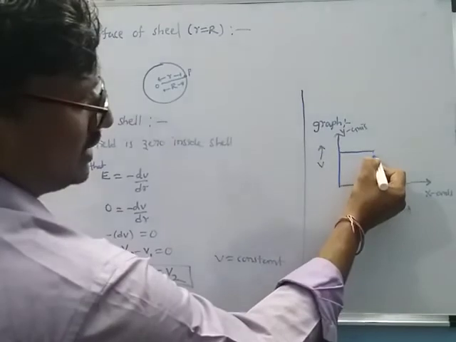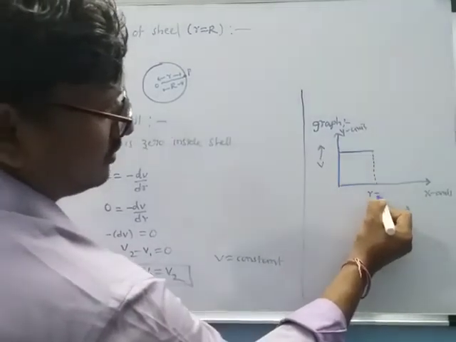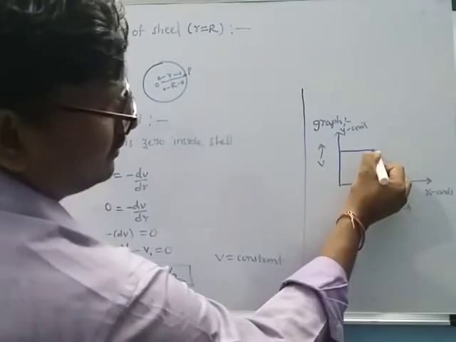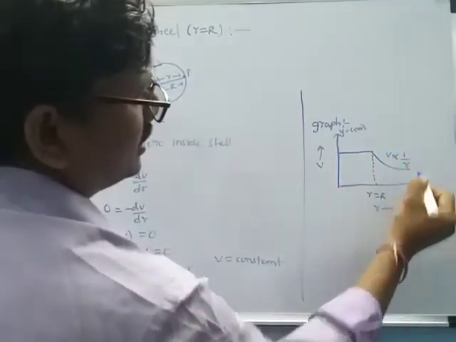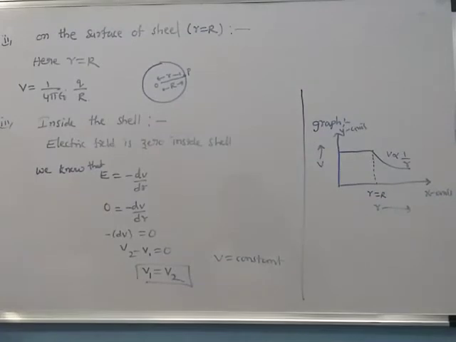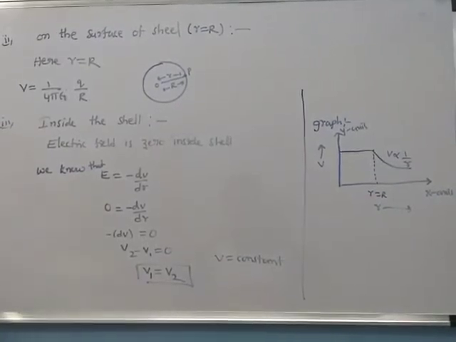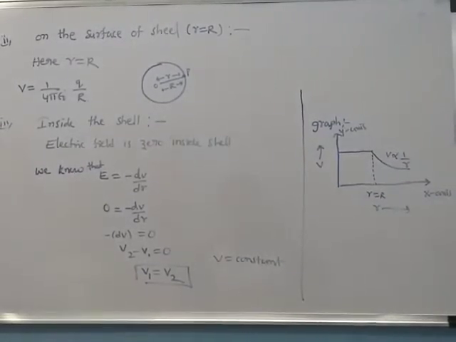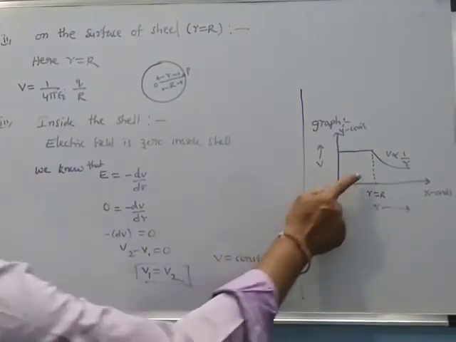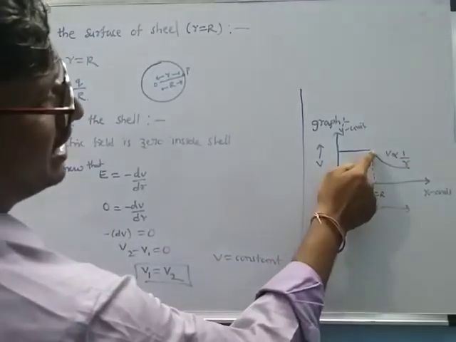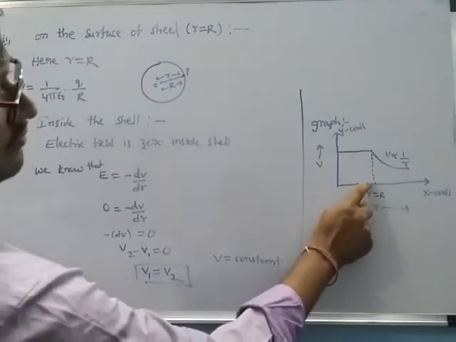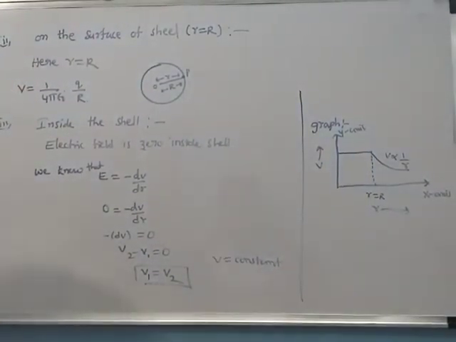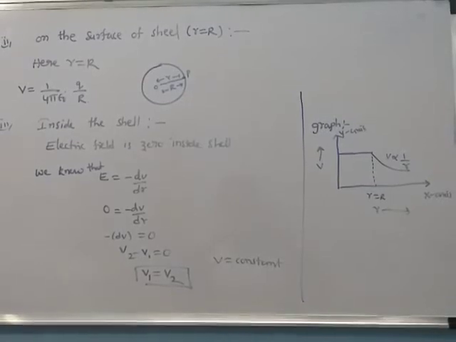Now after that, we observe that when small r is equal to capital R, it will then decrease. That means V is inversely proportional to r. If the distance decreases the potential increases, and if the distance increases the potential decreases. This is indicated by the graph. Here to here the potential is constant, and it is maximum where small r is equal to capital R.